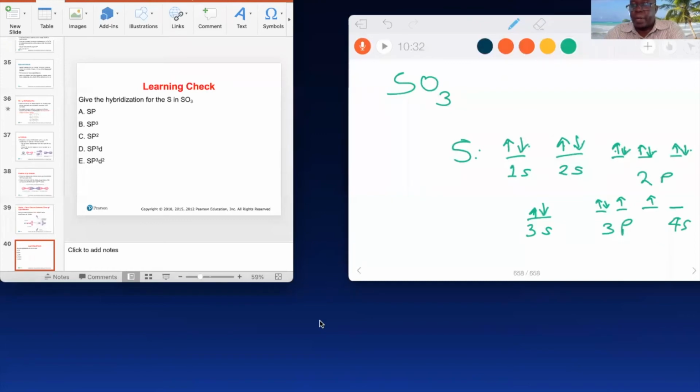Now, the last valence shell right there, only two electrons are available for pairing them up. So we will promote 1 electron to 4S and we get rid of